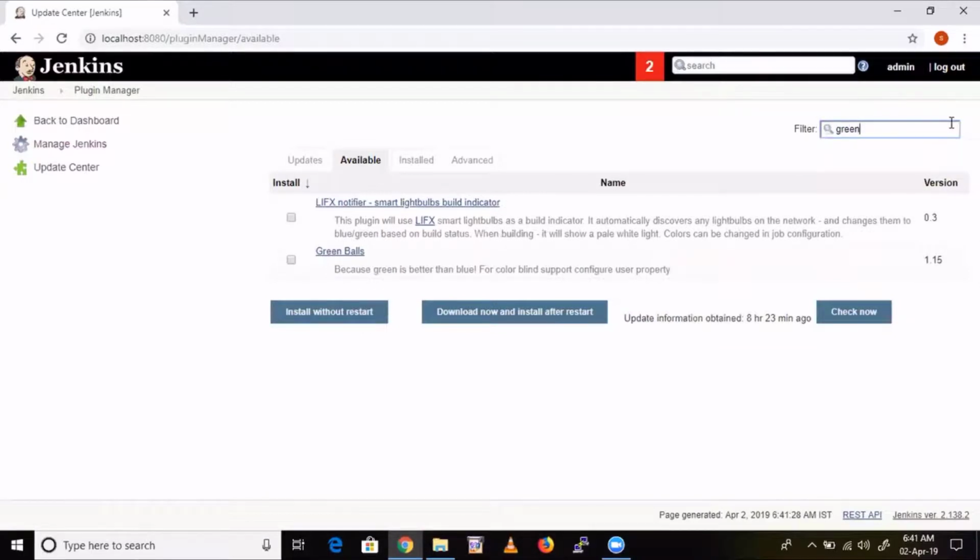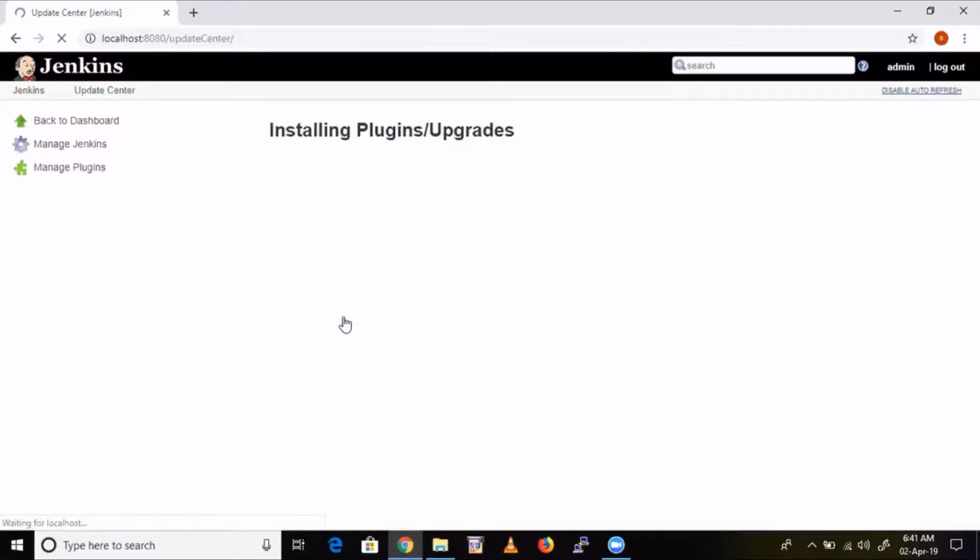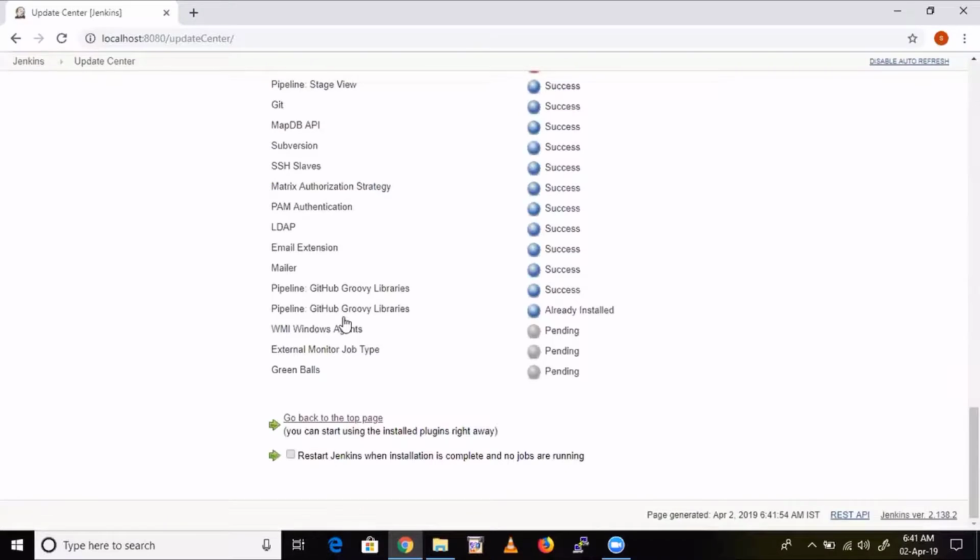For example, we have a plugin called Green Balls. Once a build is successful, it shows the color in blue, right? Suppose you don't like blue, you want to see it in green. So just select this one, the Green Balls plugin, and click install without restart. See here, the Green Balls plugin is being installed.